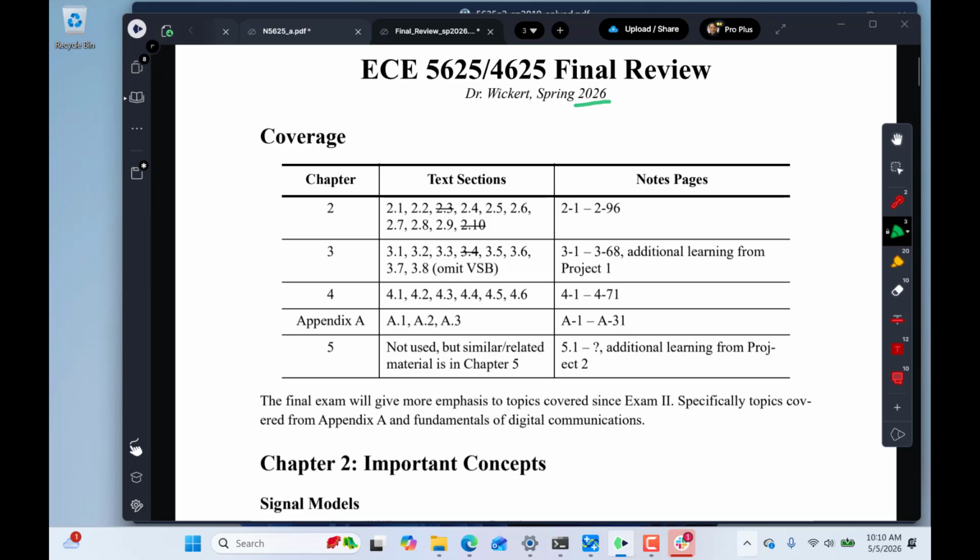Chapter 5, we didn't really use it. I reviewed it on the plan yesterday just in case I had the time to talk about it. But an introduction to digital comm that you've gotten from the write-up for Project 2 is sufficient for any question I might ask, which would be a short answer question. It's not going to be a work out the numbers type problem. It's just going to be digital modulation. And probably the most important thing in digital modulation that you get introduced to in the project is exactly